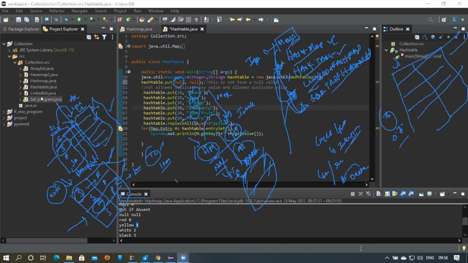In a tree set, you will have sorted elements. If it's integers, they are sorted in ascending order, and if it's alphabetical, it sorts that way. So what you guessed is right. In the tree hash map also, it will sort that particular hash map and then give it back to us. So I'll write a program for the tree hash map.